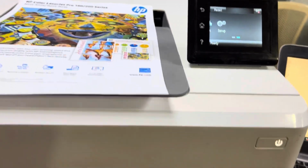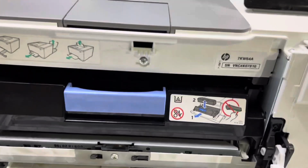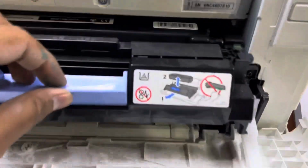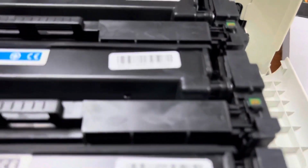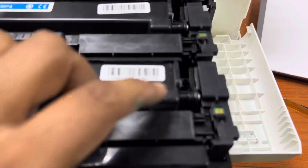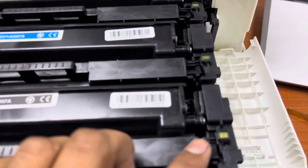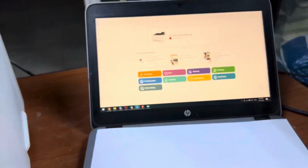What to do if you buy duplicate cartridges, and you can find compatible cartridges without memory chips? Okay, so there is one other option. You can place the existing memory chip onto the new toners, because new toners came without memory chips, and then you can upgrade the firmware